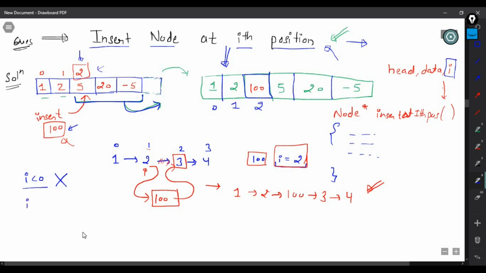Similarly, if the value of I is 0, that means I will insert at head position. By head I mean, for example, if this is your linked list 1, 2, 3 and 4, and let's say instead of 2 it is 0. So what you will do, you will insert 100 at this position, and then you will make this connection. Okay, so this will become position 0. So you have to handle this case, and one more special case will be there